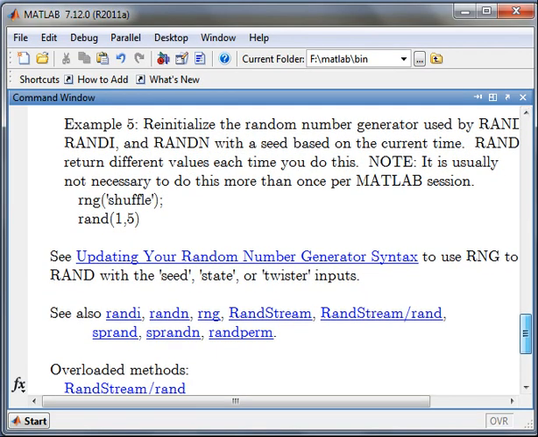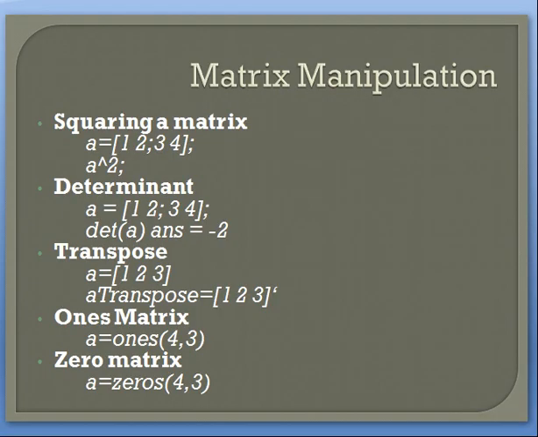With this you can also see the other commands that we have already discussed in MATLAB. Now coming towards matrix manipulation. In MATLAB we can easily calculate factors based on a matrix, such as squaring of the matrix, its determinant, transpose, ones matrix, zero matrix, etc., by giving simple commands that we can see on the screen itself.